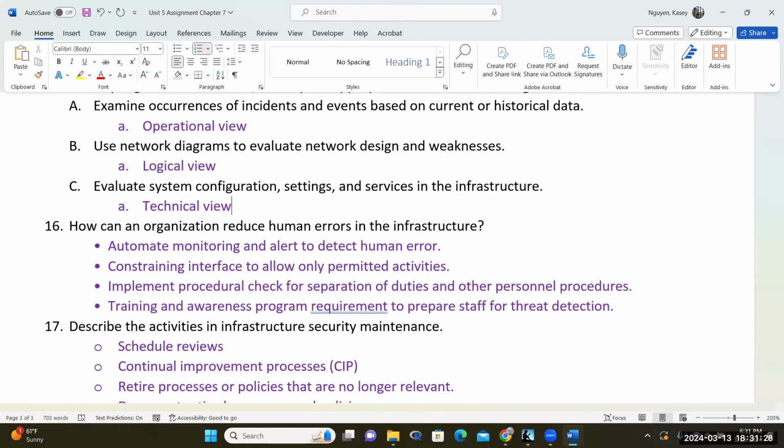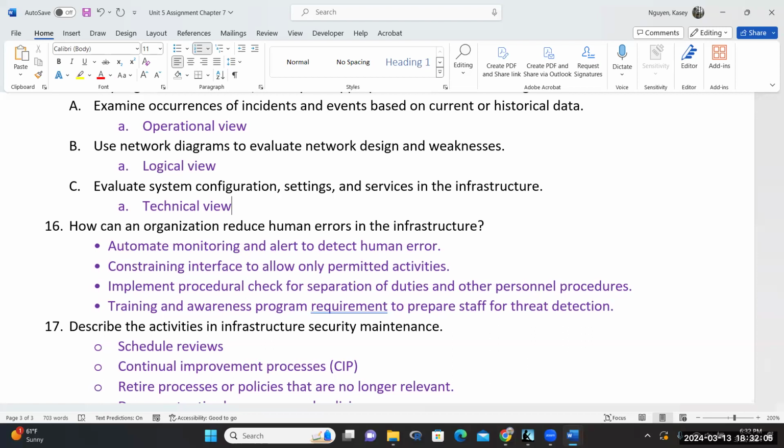We can implement procedural checks for separation of duties. So you don't give someone tasks in different areas that can lead to fraudulent activities. For example, right? Payroll and accounts payable don't mix, right? Because someone can send themselves a paycheck. Accounts payable means it's an area of the finance department that pays vendors, right? Like if I need to pay my bill, I need to pay the gas bill for the building,